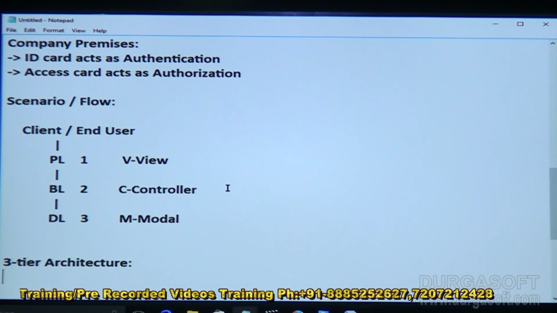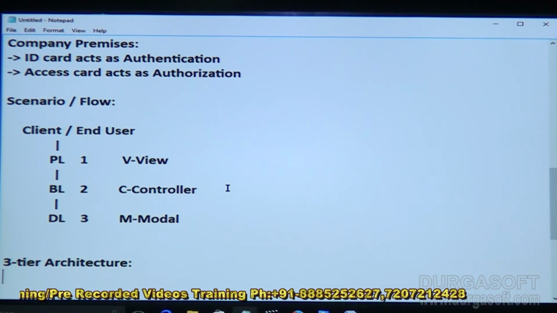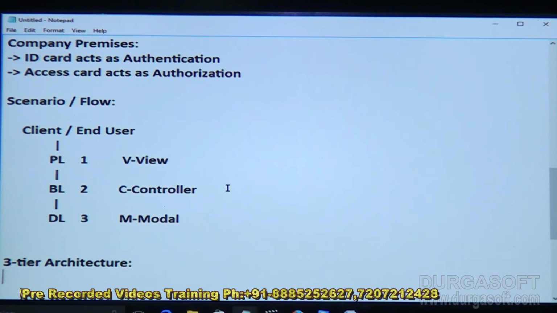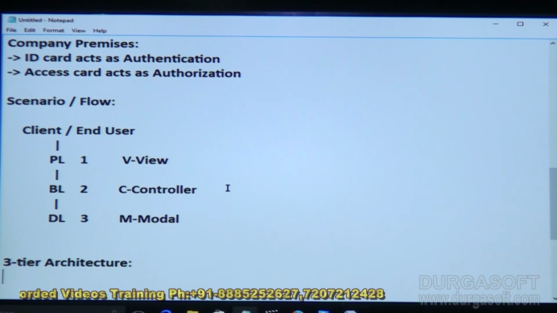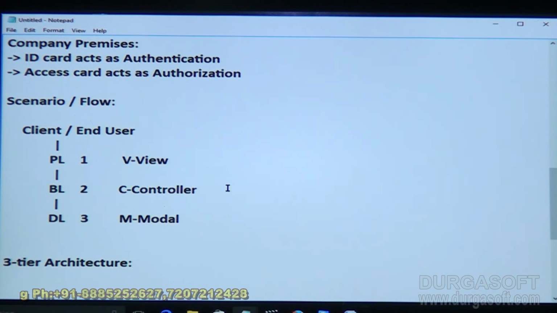That service account will make a connection to the database, because that entry will be there in the configuration file, communicate to the database and fetch the data. Now once the data is fetched, in the business logic layer, we authorize whether the user who entered his credentials is valid. If valid,